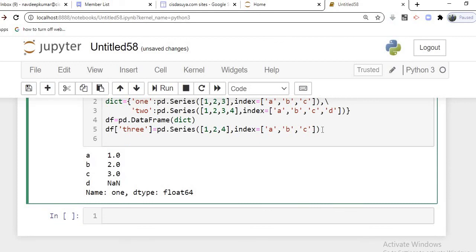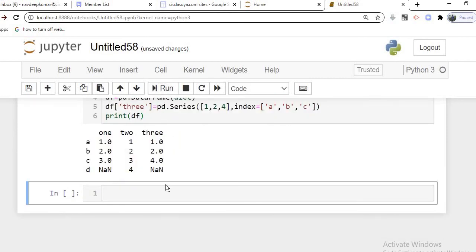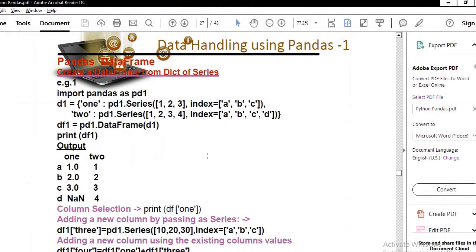And how to see the output? Print df. So when you print this one, now you see a new column has been added. Clear? Because there is no fourth value, in place of the fourth value it is coming as NaN here. So this is the second step we have performed, adding a column by passing a series.